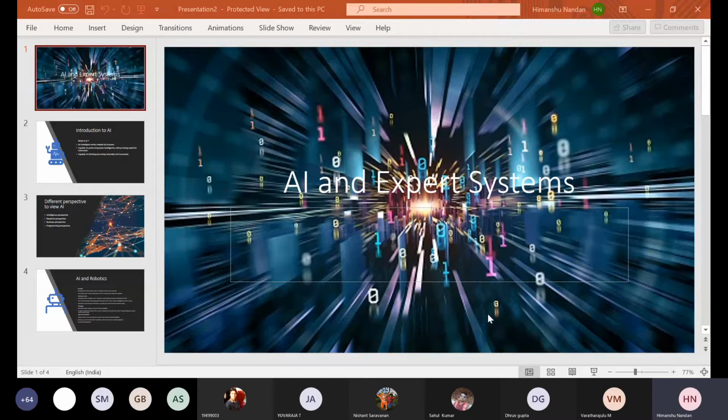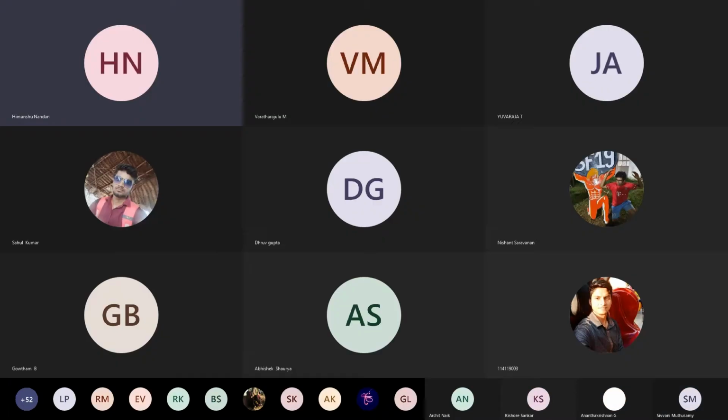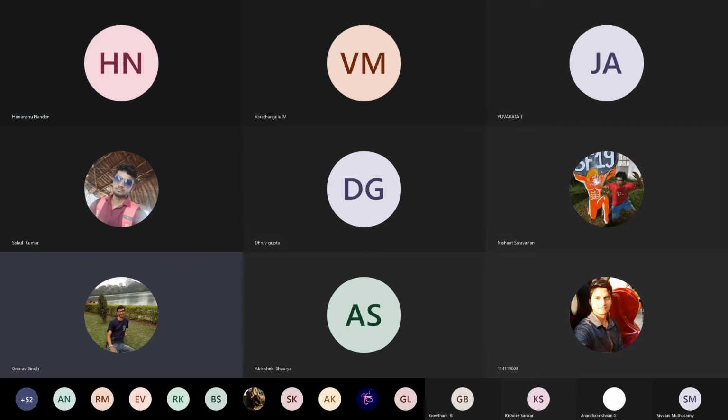Now my teammate Gaurav will present about neural networks in much detail. Hello, Gaurav. Yeah, I'm audible. I'm sharing my content. Wait a second.